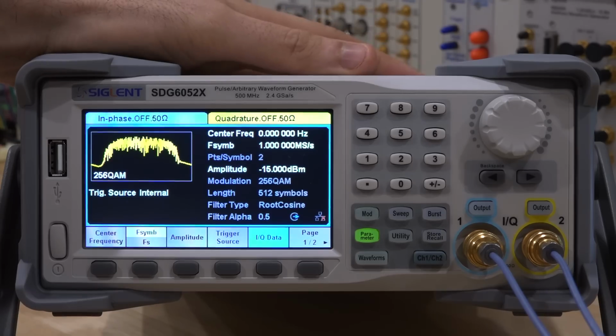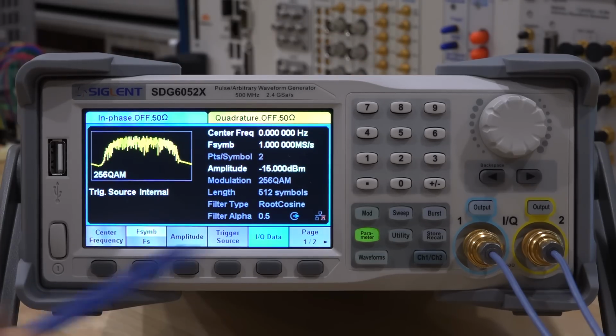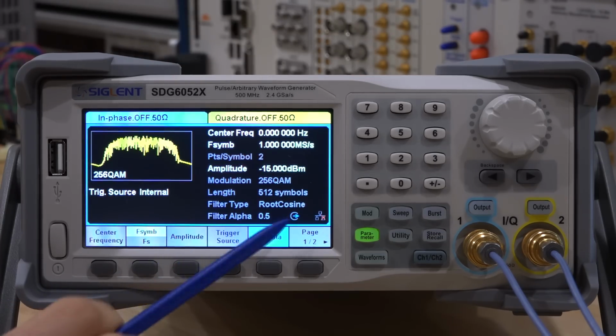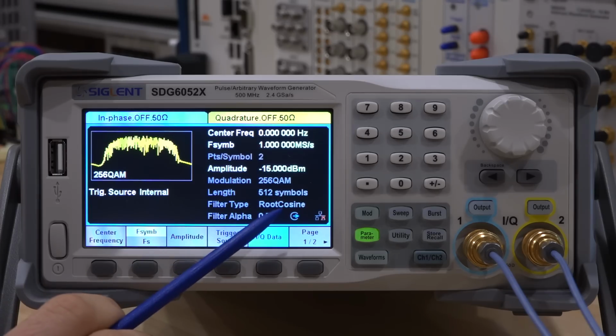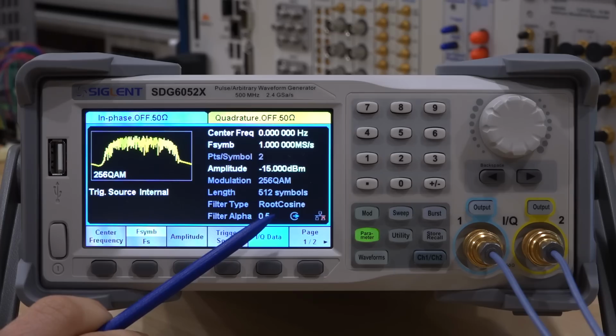Now, it has a whole bunch of built-in functions for creating different types of QAM and different kinds of modulation formats, but unfortunately the built-in functions don't really give you flexibility because they're not calculated on demand. So for example, you can't change the filter coefficient or the filter type or even the length of the symbol. So this is 512 symbols right now. Now that's really not enough when you want to do 256 QAM. You need many, many more symbols to create true complex and random constellation points